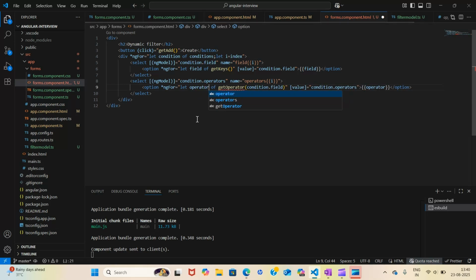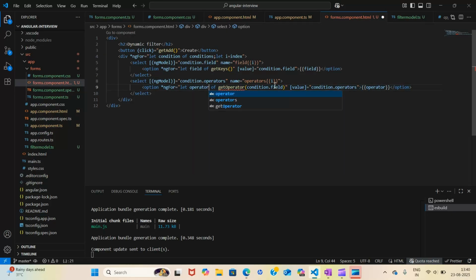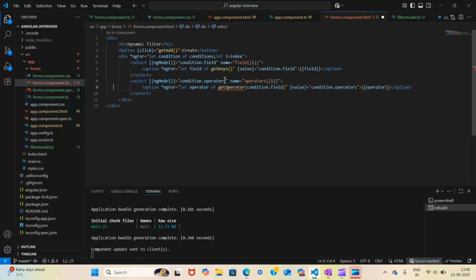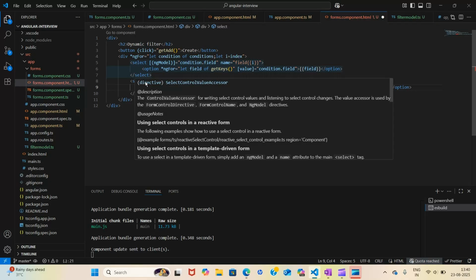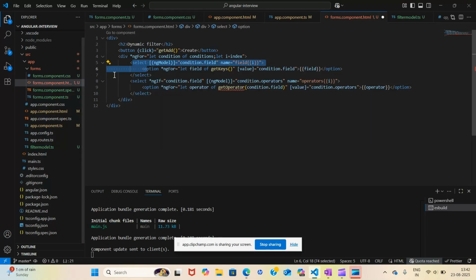Okay, now I have this select, and I said that this should be visible only when the user selects our field, so it should not be visible every time, right? So I will use one more ngIf condition. Okay, I will use condition dot field and create this condition dot operators.